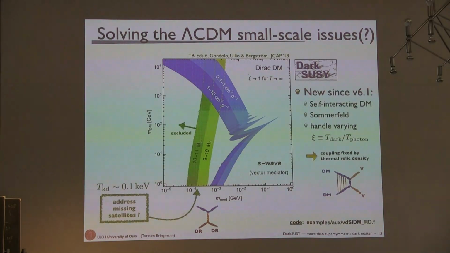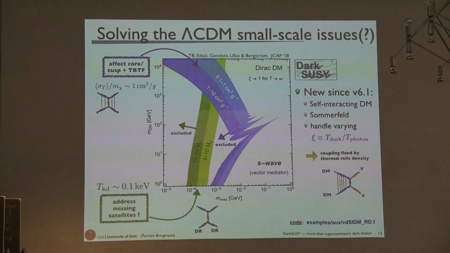At the same time, you can compute the self-interactions as a function of the, well, this is the self-interaction strength. It's velocity dependent, so you have to do the proper average over this complicated process, which is also why you see these resonances appearing. And for sure everything to the left of the blue band is excluded because this corresponds to very large self-interaction cross-sections. But somewhere in the ballpark of 1 centimeter squared per gram, that was typically used to explain